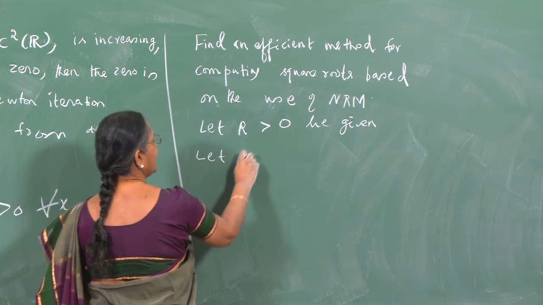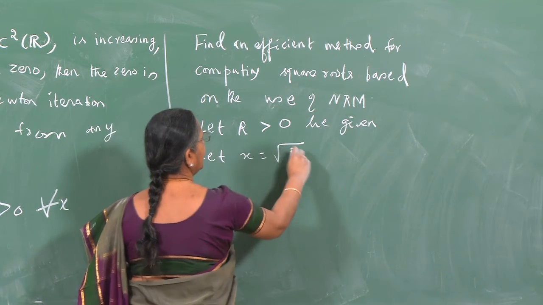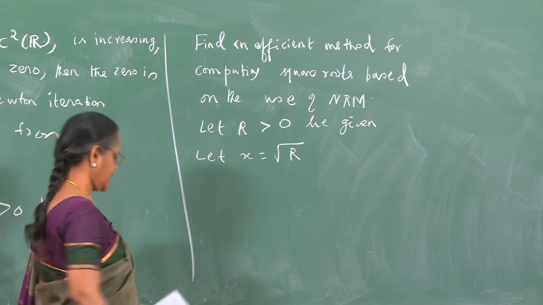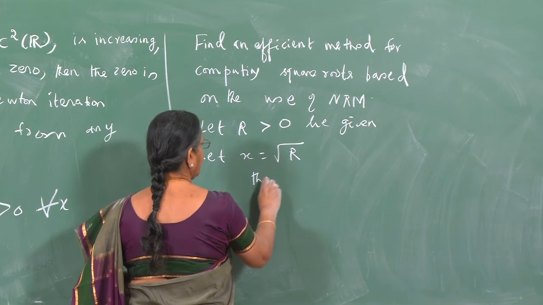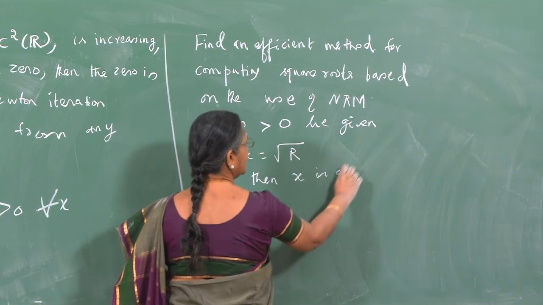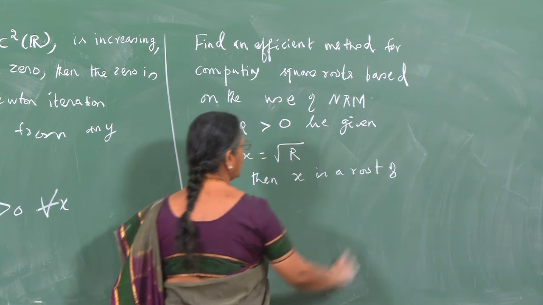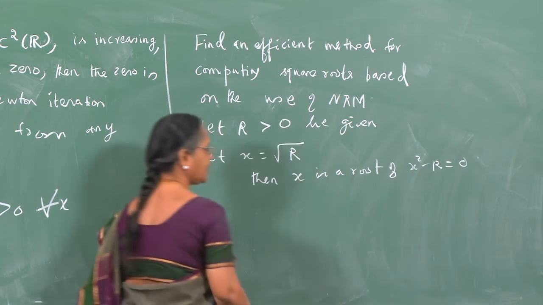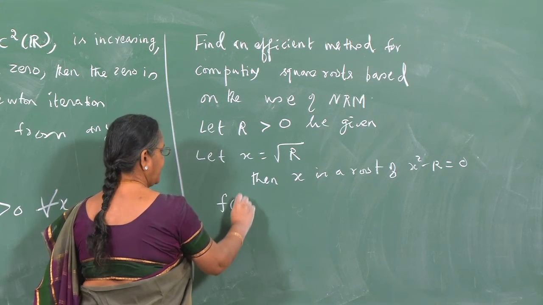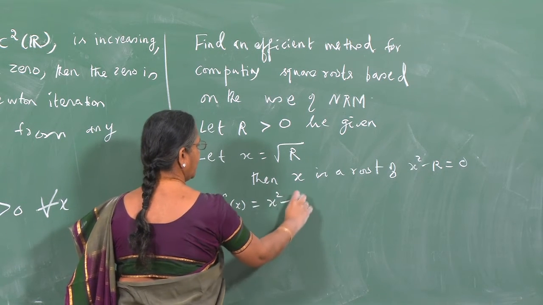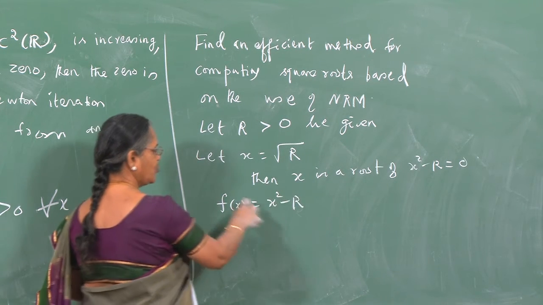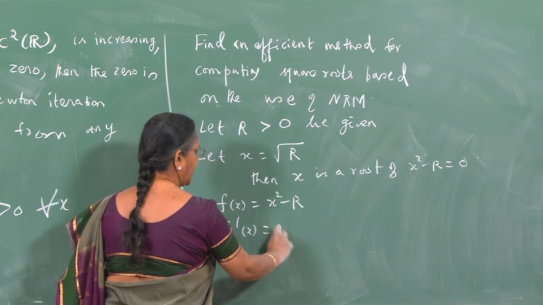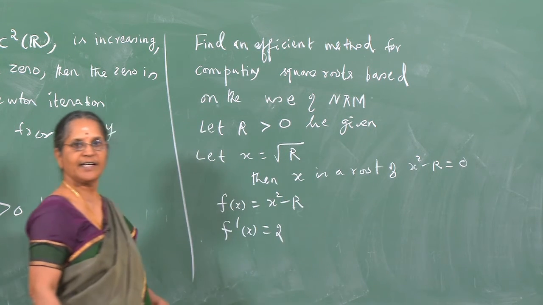So, what is it that we want? We want to determine what the square root of r is. Call it x. Then x is a root of the equation x square minus r equal to 0. I am given f of x as x square minus r, and I am asked to get a root of this equation, f of x equal to 0,